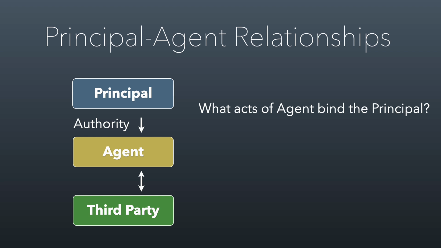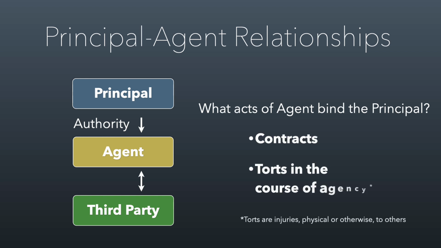Well, there are two ways that the agent could get the study group into trouble. First is by entering into and then violating any contract. And secondly is committing any tort in the course of agency. Now, you remember from session 1.3, we talked about what a tort is. A tort is an injury to person or property, intentional or not, that creates liability.